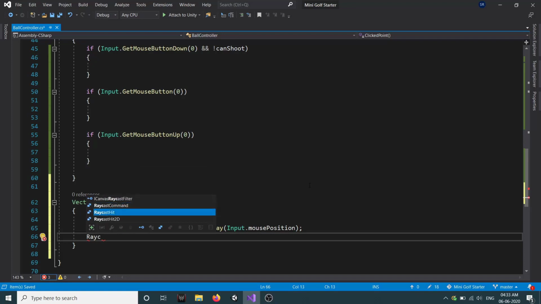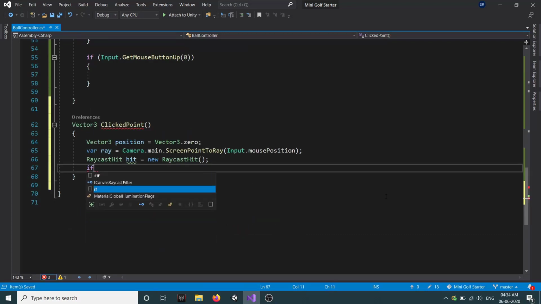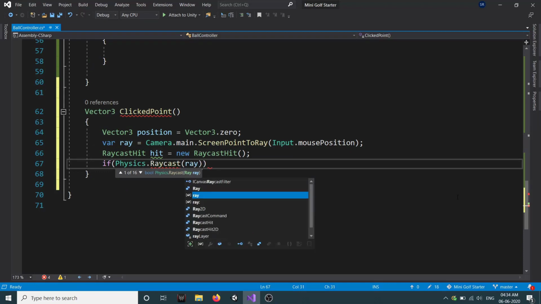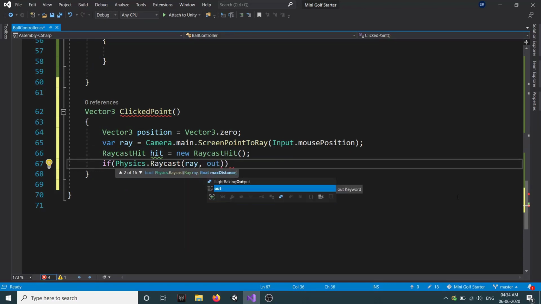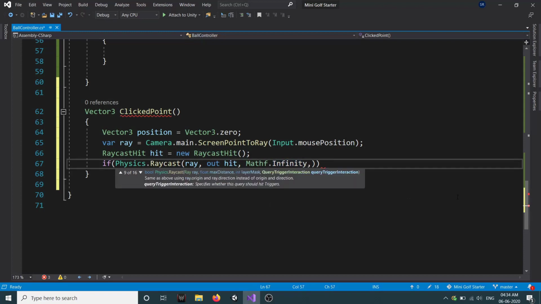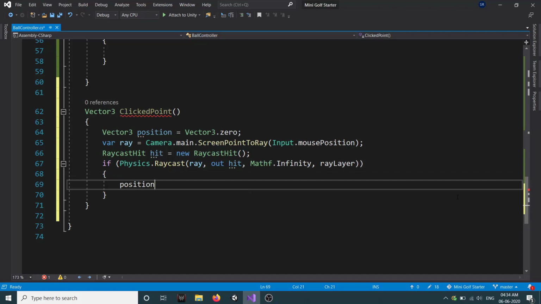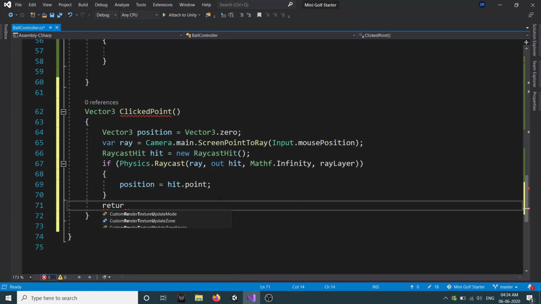Then we need a RaycastHit, which will be equal to new RaycastHit. In an if condition, we will check if Physics.Raycast, we will pass our ray in it, and get out hit. Our length will be Mathf.Infinity, and our layer will be limited to our ray layer. In that we will get our position, which will be equal to hit.point, and then we will return our position.